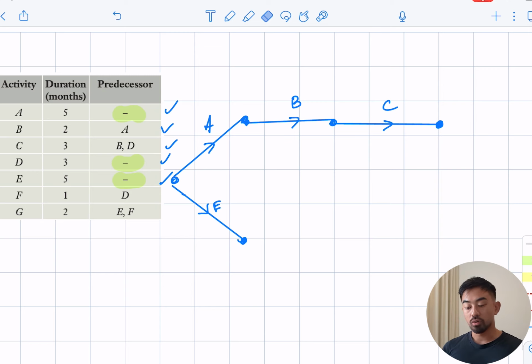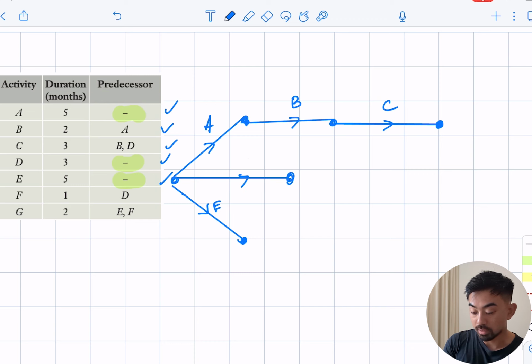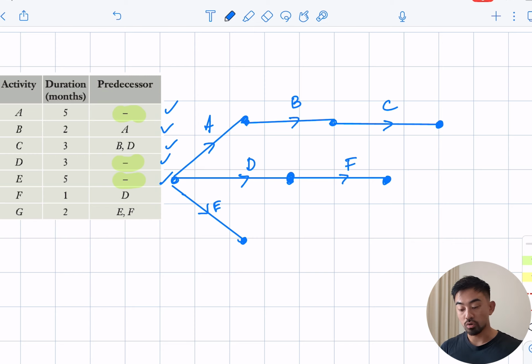Okay, so it's clear to me that F needs to depend on D. So what if we just drew D out by itself? Like this, D, and then we'll do F like that here. Okay, so far this makes sense. So F depends on D, okay, B depends on A, but C currently doesn't depend on B